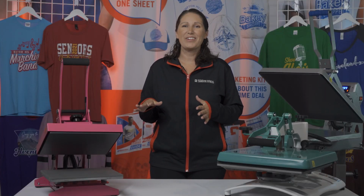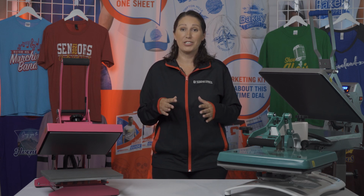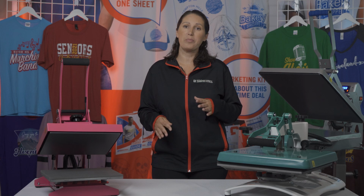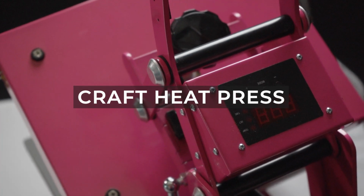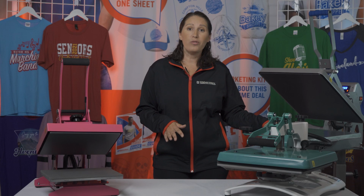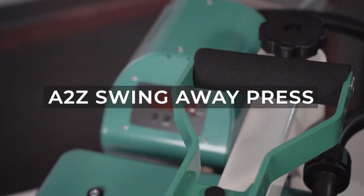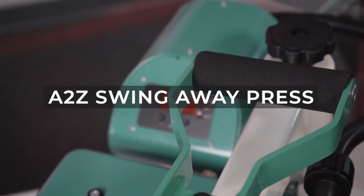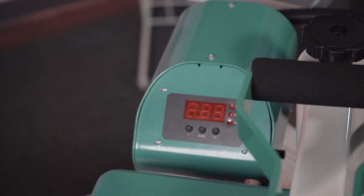We'll take a look at the different equipment that is available to you for your t-shirt printing program inside your school. They range from different budgets and also different space restrictions. For instance, this craft press here is perfect for a small amount of space and a small budget. We can move up to the A to Z press, which swings away. You'll need a little bit more space on your counter space, but it's a great affordable way to start your